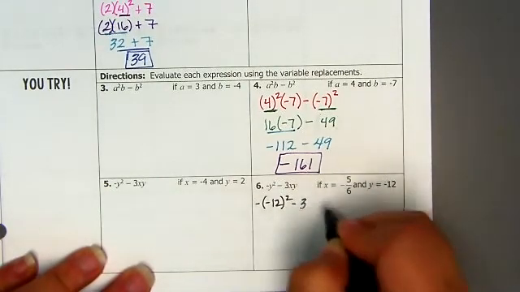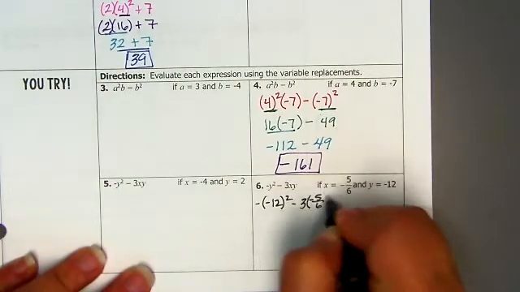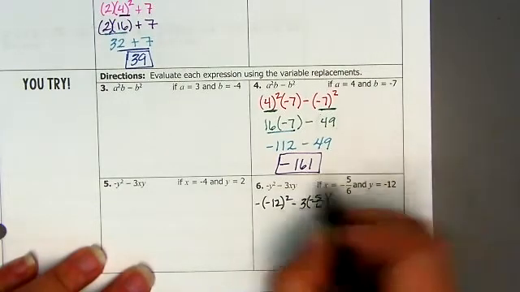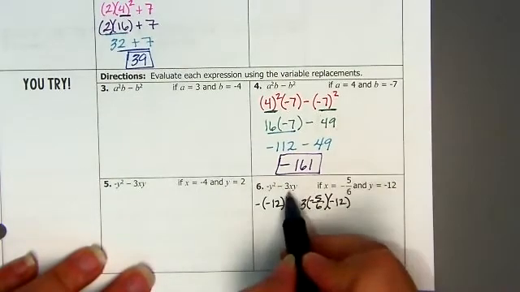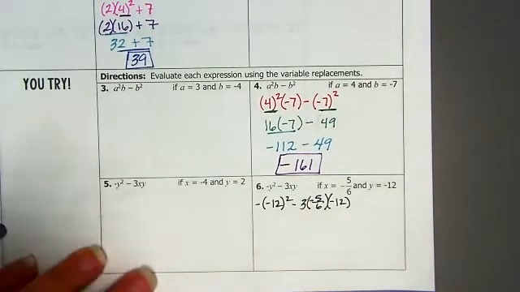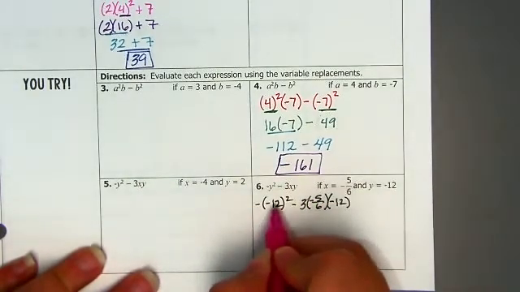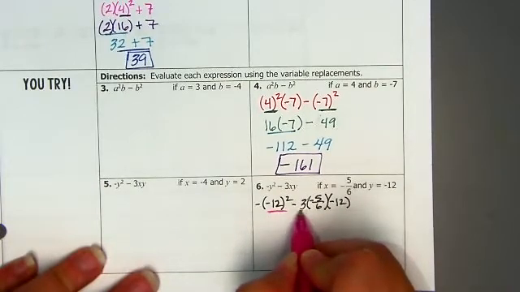Minus 3, open parentheses, negative 5/6, close parentheses, and then y in parentheses, negative 12. Remember that when they're right next door to each other, no operation, that means multiplication is happening. All right, so now we're doing our order of operations. I've got the negative 12 squared, and at the same time I can do the negative 3